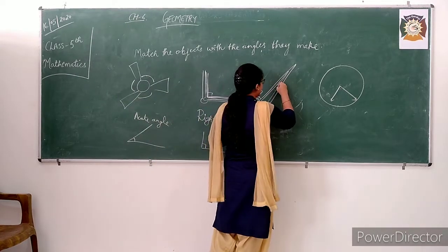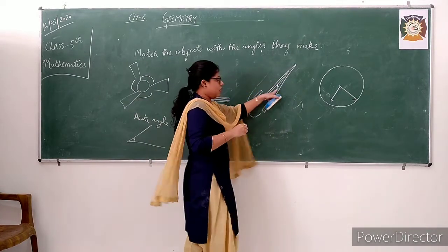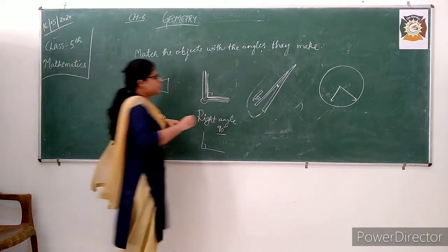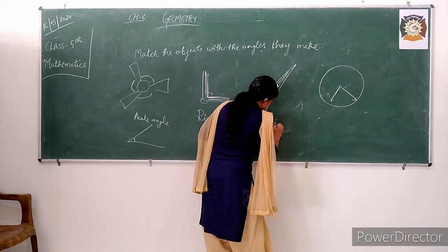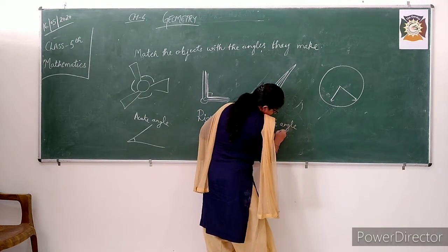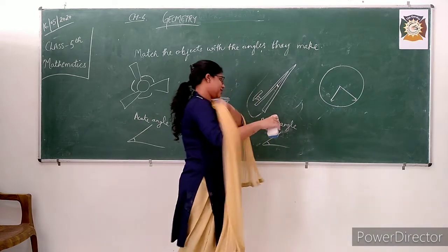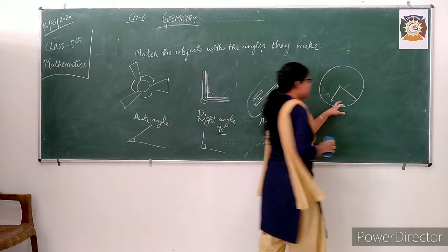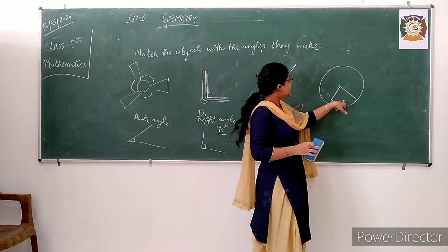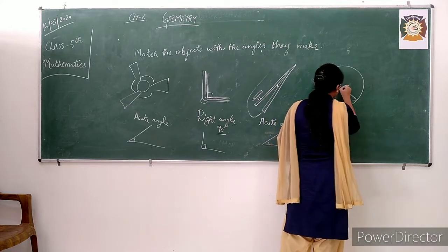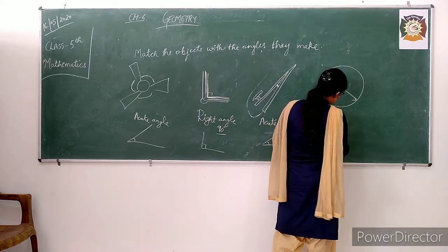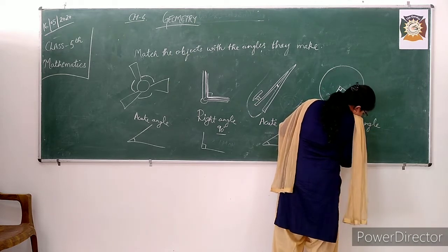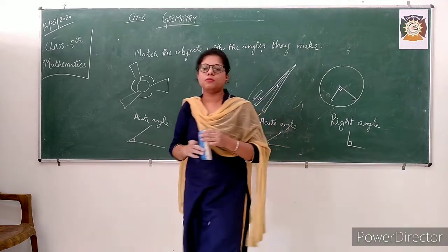Next is a compass. The angle which it is making is an acute angle because it is again less than 90 degrees, like this diagram. So the answer for this is also an acute angle and you will match it with the acute angle that is less than 90 degrees. Next object is a clock in which there are two hands, hour hand and minute hand. They are making an angle of 90 degrees, so naturally it is a right angle. Okay students, you will match it with this diagram given in your book.